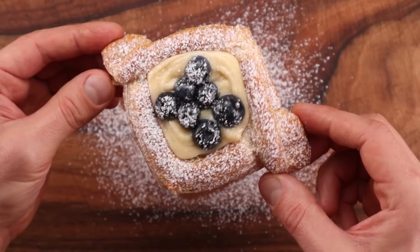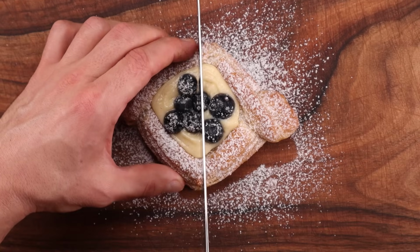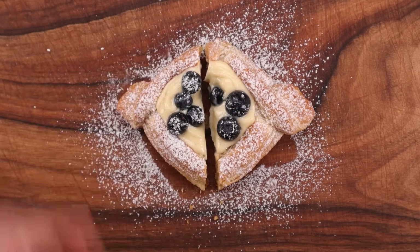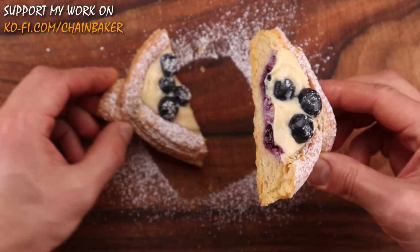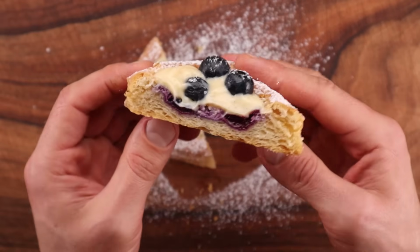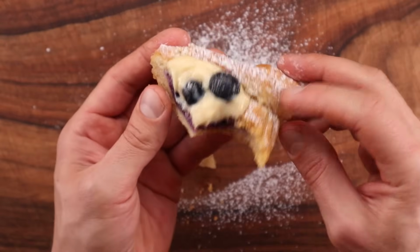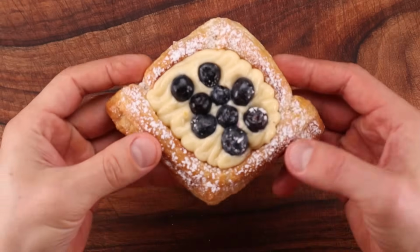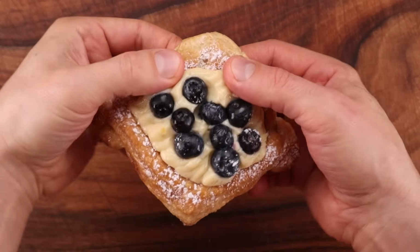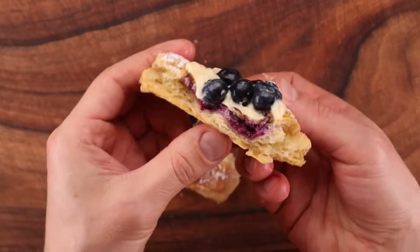The pastry is super light and flaky. The cream cheese and baked blueberry filling is a little bit heavy and chewy, but also nice and creamy and full of baked berry goodness. And the custard is extra light and smooth, and the fresh berries are super juicy. The slightly contrasting textures and flavors work really well with each other, and the whole thing is not sweet at all. Remember, there's no sugar in this pastry. It's only in the filling and the custard, and sprinkled on top with the icing sugar. I am very happy with how these things